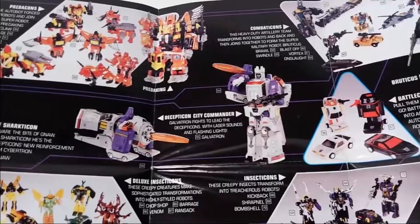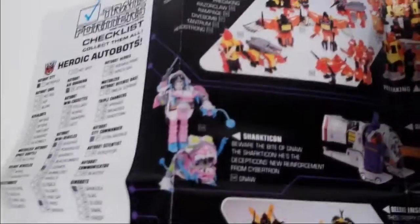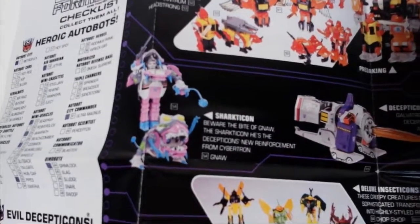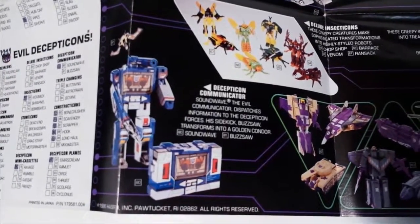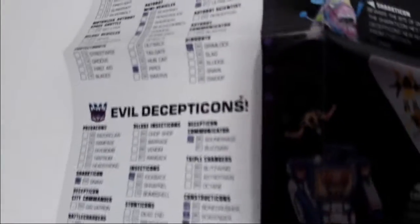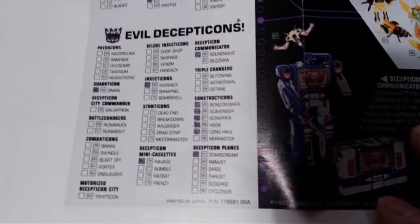So there is Galvatron. Obviously, they were in the movie times here. There's Gnaw, the one named Sharkticon. Still got my Gnaw. He's pretty cool, except for the round teeth. And there's Soundwave. And the checklist, which I've this time colored in because I was a stupid kid and didn't think that I would value these in the future, like I do now. Like they're the Dead Sea Scrolls or something. I gotta handle these with care. Okay, let's go to the...